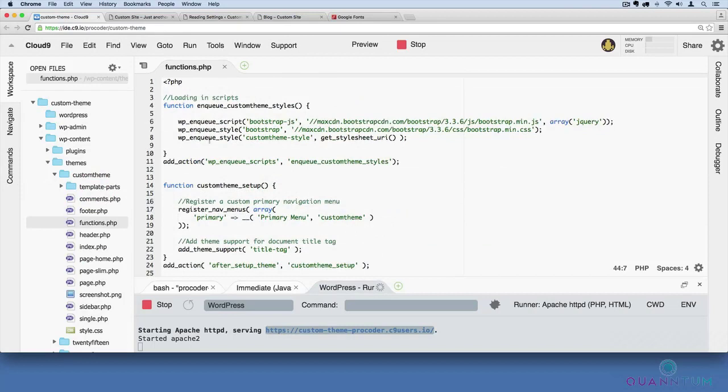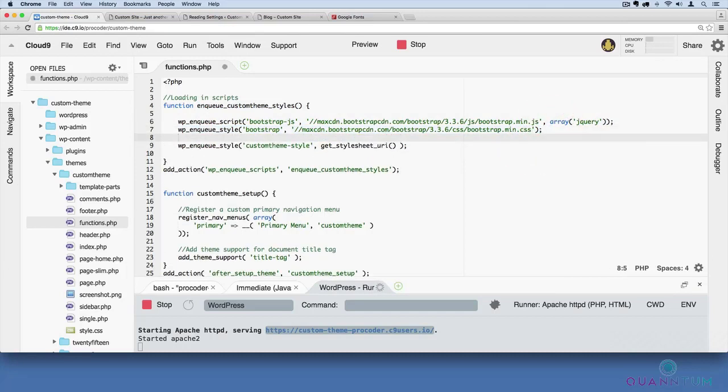And if I scroll to the top of it, we added this enqueue custom theme styles. So we're going to do the same thing right here. So I'm going to add just below the Bootstrap CSS, I'm going to go over here and hit enter. And I'm going to say wp_enqueue_style, and then in parentheses, I'll just say Google font in single quotes. And then over here, I'm going to paste in that entire thing, but we don't want to